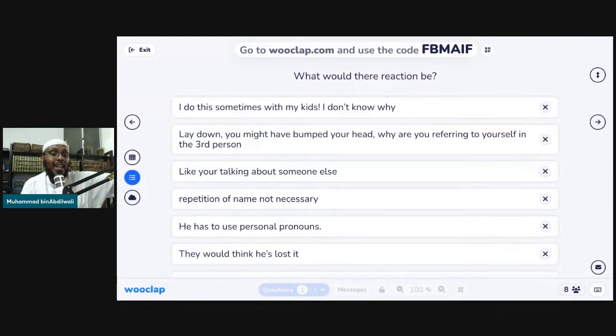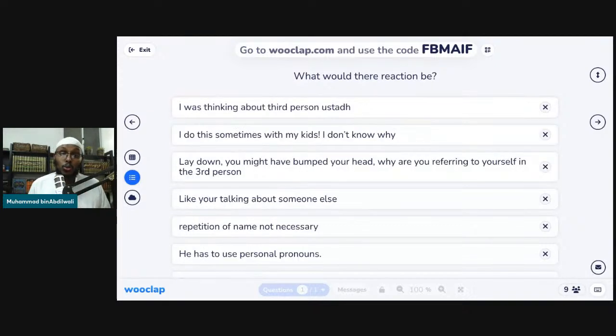Another person's name is Khalid. We give things names so that we can identify them, we can specify them. However, when you're speaking about yourself and you're the first party in the conversation, you don't need to mention the name because it's known who you're talking about. And the person you're speaking to, you don't mention their name because they obviously know that they're part of the conversation. This is what we call first and second person.